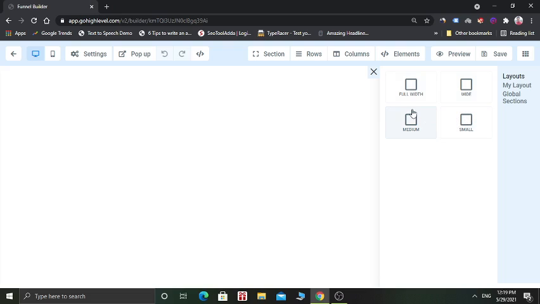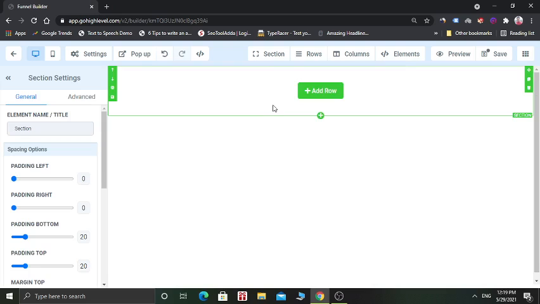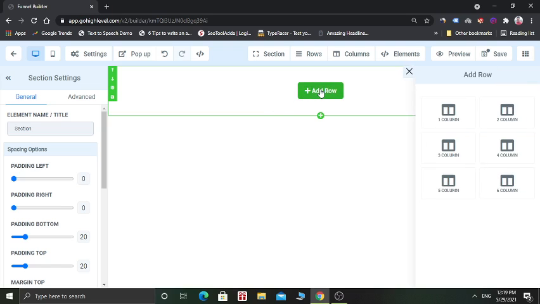For the sake of this video, we are going to use full width. You just need to drag and drop into the page and the column will be created. Now you can add a row, and now a sub row can be created inside it. You can use 1 column, 2 column, 3, 4 and up to 6 column. Let's use 1 column for this tutorial.